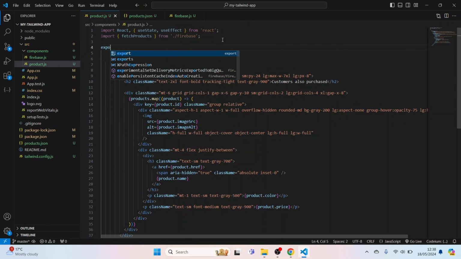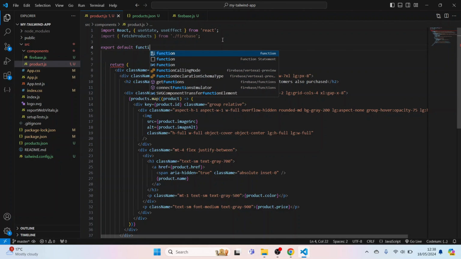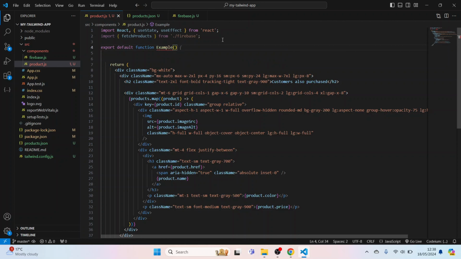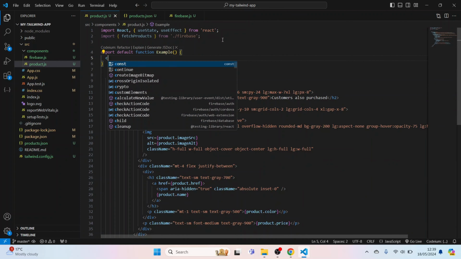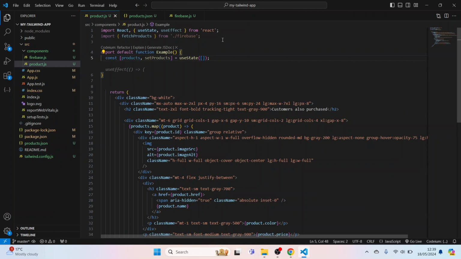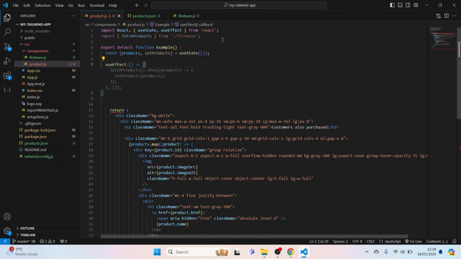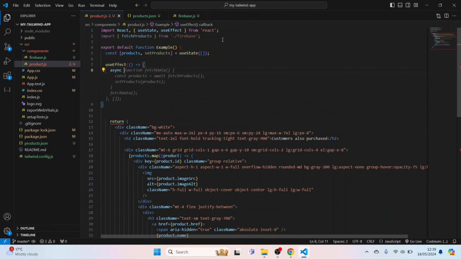So export, we're gonna make a function default like so, and we're gonna call this example, and then we open it. We go down and we do a constant product, setProducts, and constant useState, just like so. Then now we need also a useEffect, and while we have a useEffect, we can use async for this one. Async function